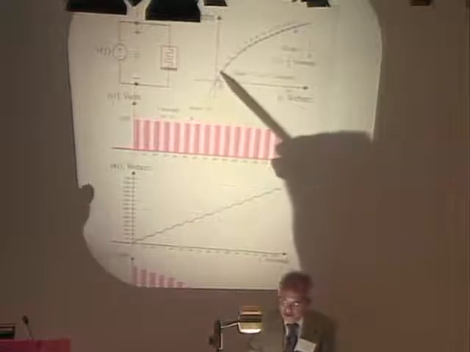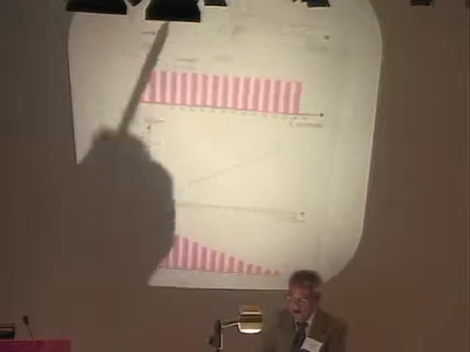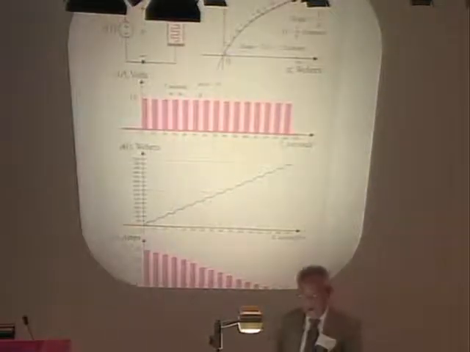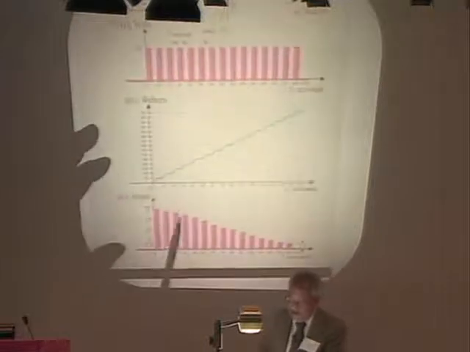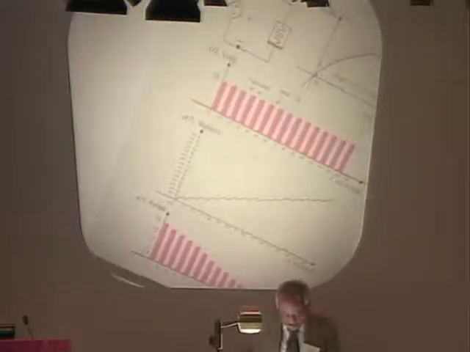So the conductance gets less and less. You get less and less current. So this is the current. This is the equivalent of the response of the snail. You see, it gets less and less. And so this is a toy example that demonstrates that a single memristor can learn.